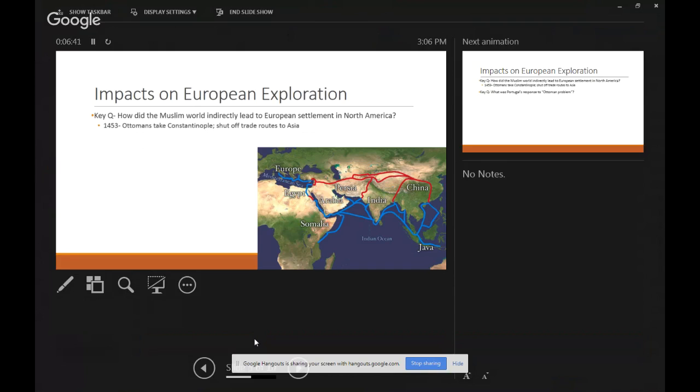So the map that I've got up here shows, for the most part, what the non-American world would have looked like in 1453. Okay? At that point, there are Native Americans living in the Americas. That is it. There are no Europeans in the Americas. What we have here is a relationship between Europe and Asia. And it's a relationship that is built on trade.